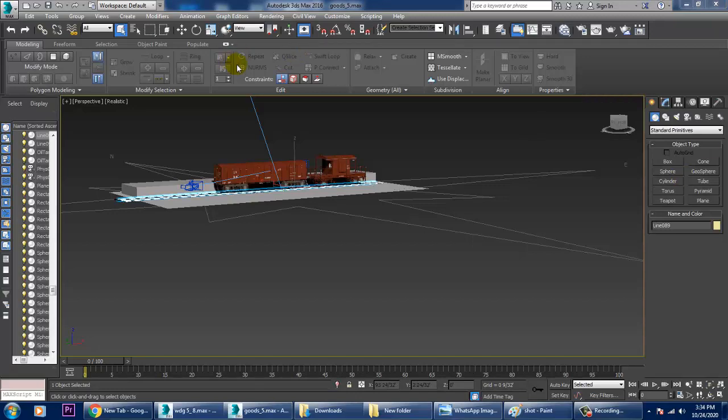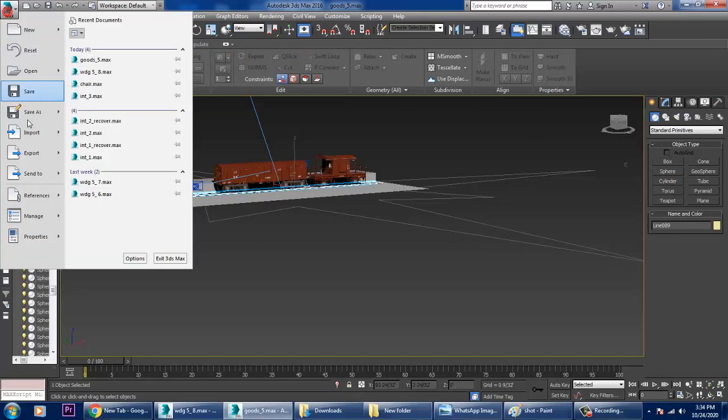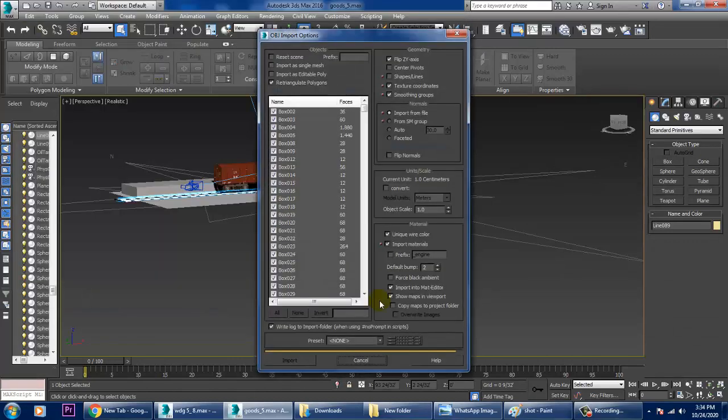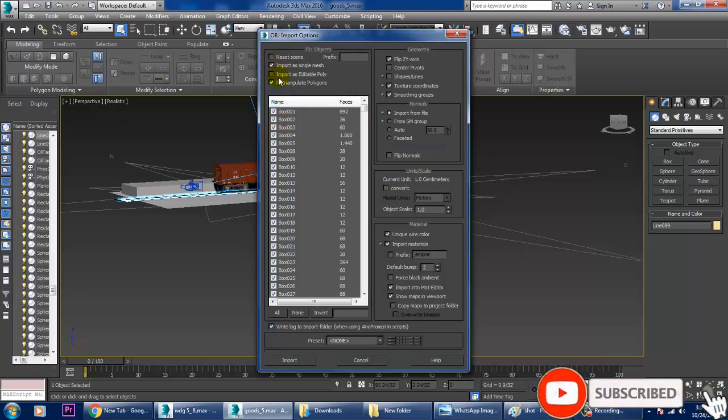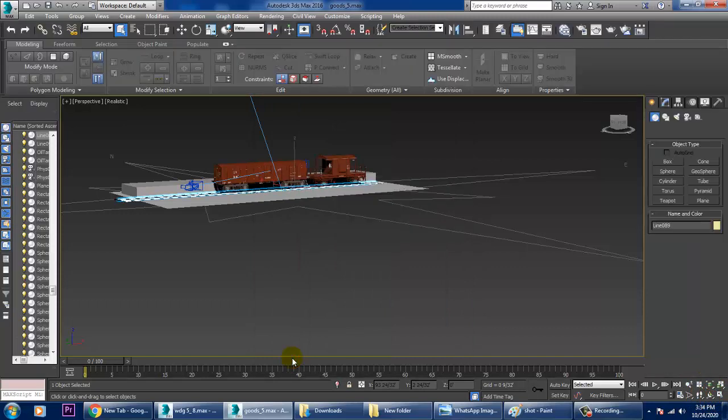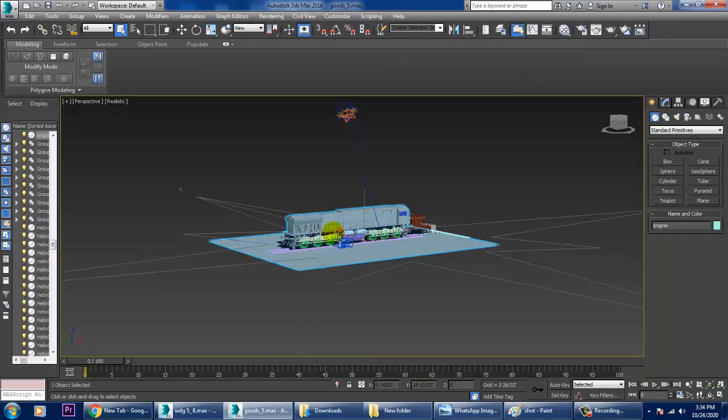Whenever you're importing this, it's very important that sometimes there are chances that you have to rename it. We'll just import it in a single mesh. Okay.